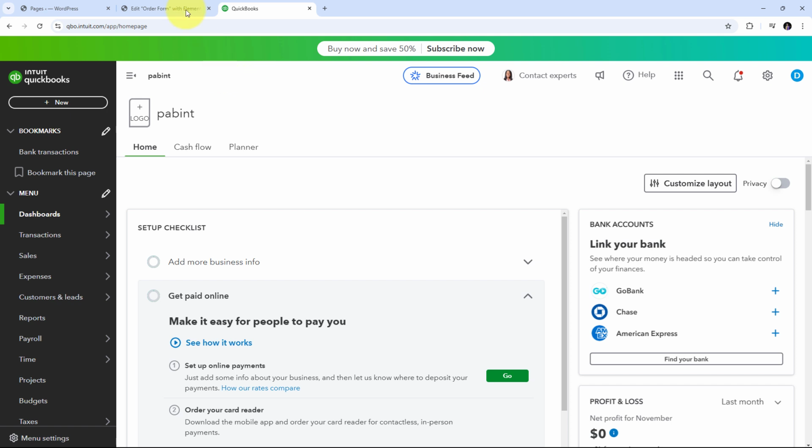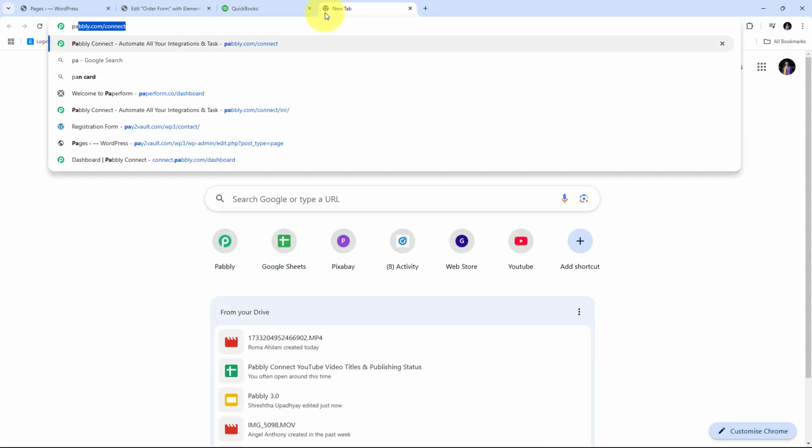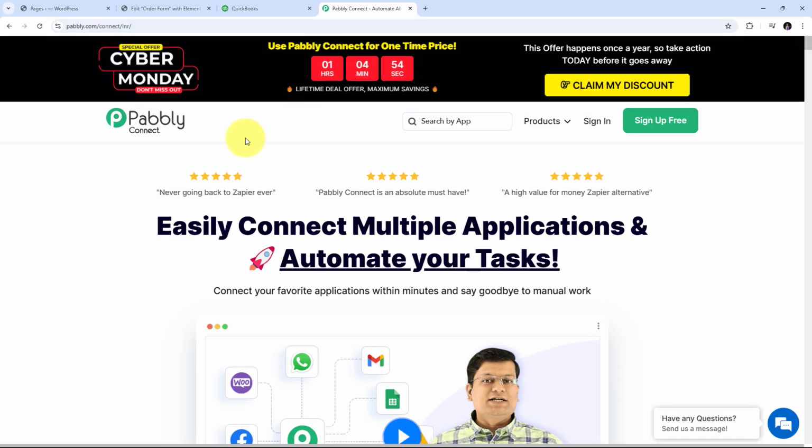And here for using Pabbly Connect, I just need to open a new tab, and I need to search for pabbly.com/connect in my browser. And it will take us to this landing page of Pabbly Connect. Now here in the landing page, I have these two options of sign in and sign up for free. If you don't have any account with Pabbly Connect, then you can just click on this sign up for free button, and it will take only 2 minutes of your time, and you will get 100 free tasks every month. Or if you already have an account or you are an existing user, then you can just click on sign in,